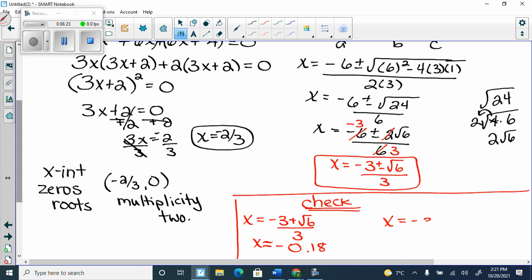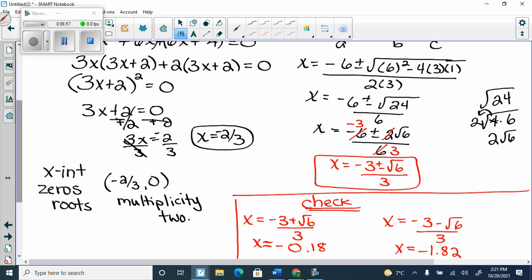And then I go -3 minus root 6 all over 3. Everyone should be typing this in because so many people get this wrong because they can't type it into their calculator correct. So type it in until you get the answer I have. Yep. You're right. Now once you have those,